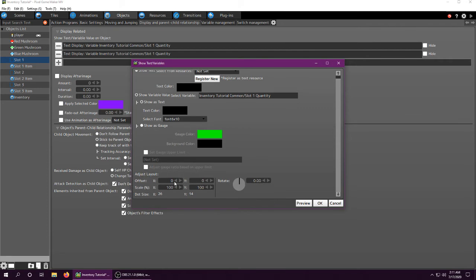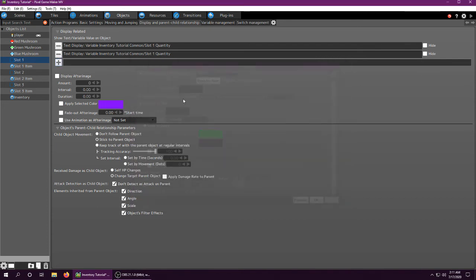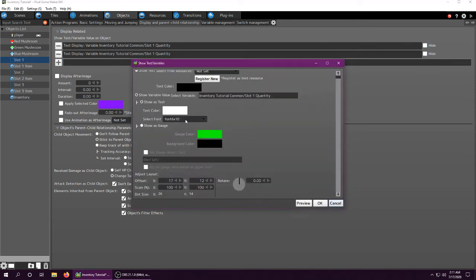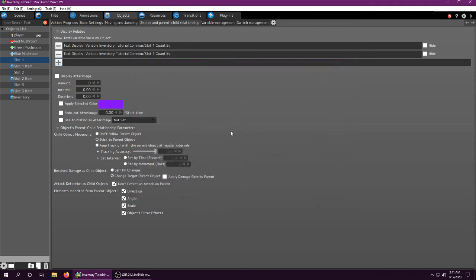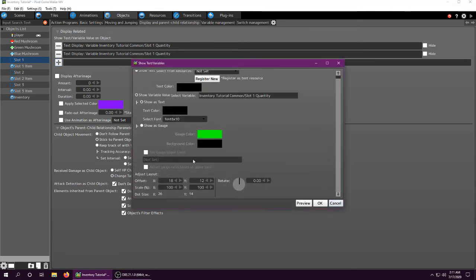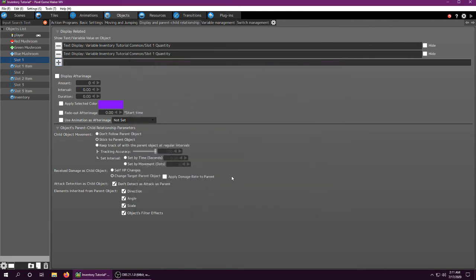Then you're going to have to set the offset as you see fit. And then this is going to be the size, right? And I'm going to push cancel. You push OK, but I'm going to push cancel. And then I just did it again as a white one. And you'll see that because the offset here is 18, and they're exactly the same, and the offset here is 17, it will be white text with a black outline, which makes it easier to see when there's things behind